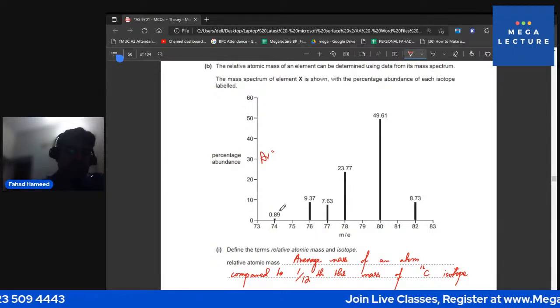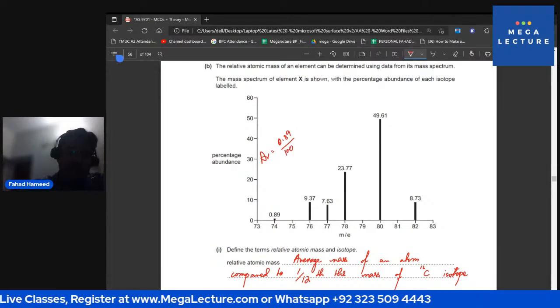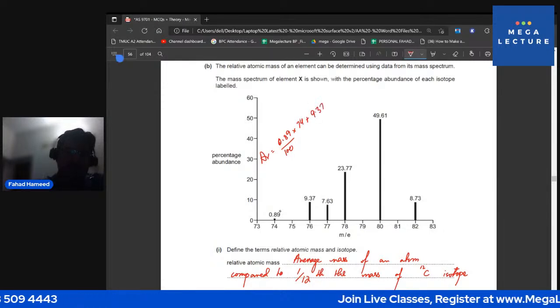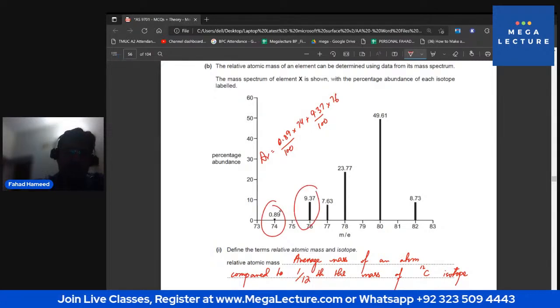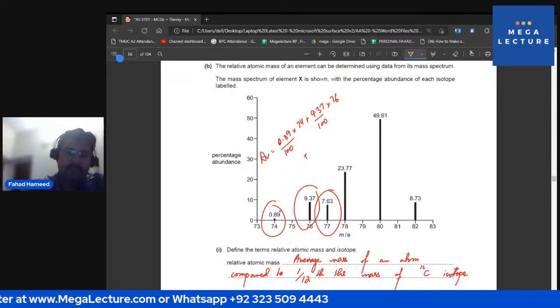So it's going to be 0.89 divided by 100 into 74, plus 9.37 divided by 100 into 76. Then you're going to go for the third one, which is 7.60%